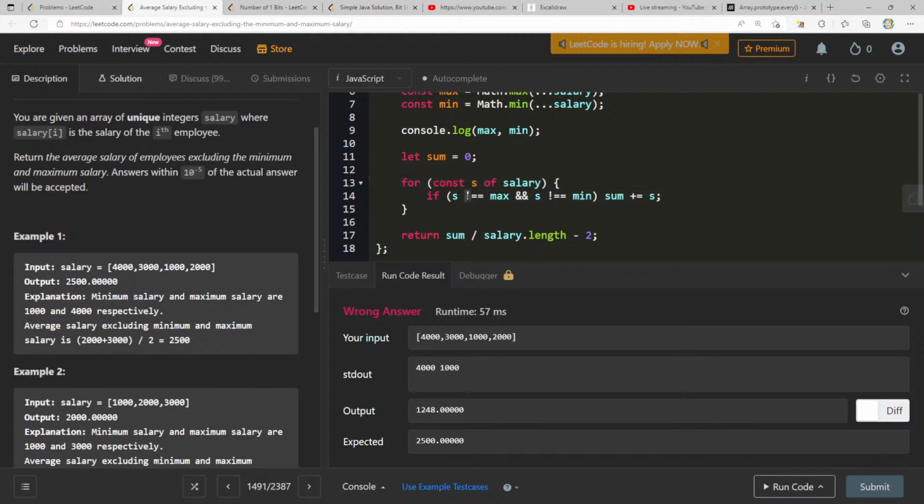If S is not equal to max, do I need to do like an XOR or something? Because if false or false, if I do and is F, no, but this will be false, right?